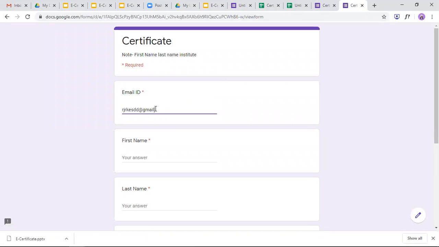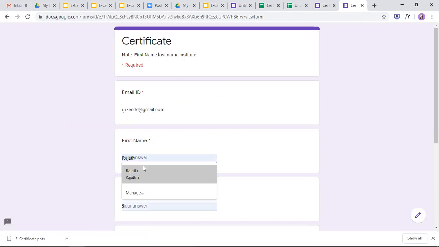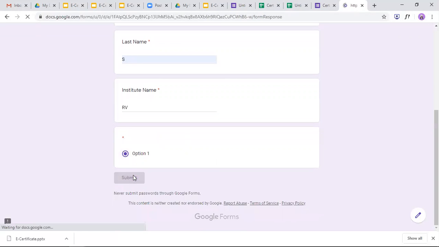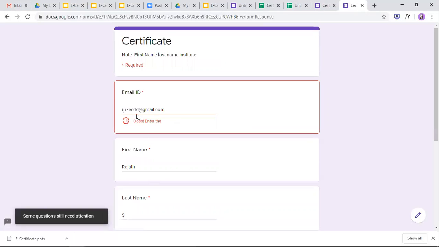But what was the mistake? You have already written that same email ID. Then it showed, oops, no. So why did it happen? I guess there is some small technical error in the formula. I'll just check on that. I'll just let you know once. See, I've used some other mail ID, so it's showing the error. If I use the same email ID again, only I can access that.